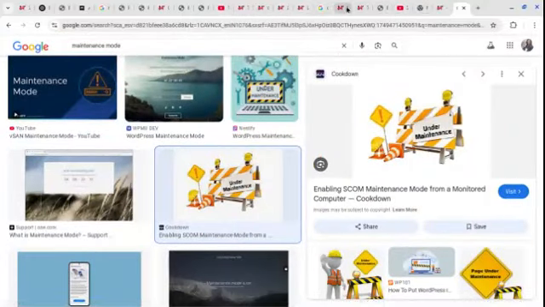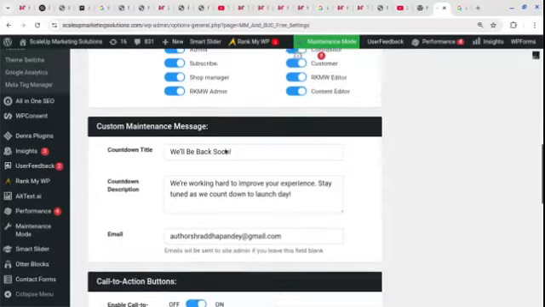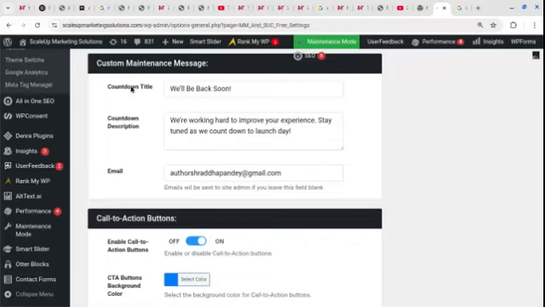Okay, now you can see this access control, I've just exited. Here you can set the countdown title, we will be back soon. If you want to keep it something else, maybe more witty or more funny, you can get some examples from ChatGPT, so you can get better examples. And if somebody is writing a message, like the form I already shared on screen, if anybody is typing something, all the form details I will be receiving here.